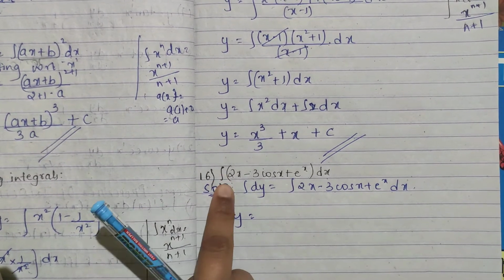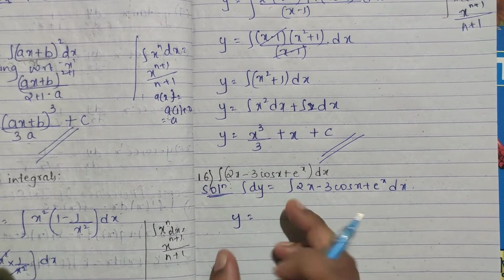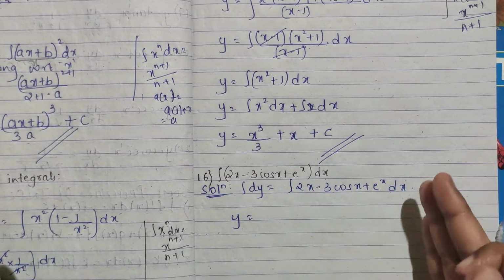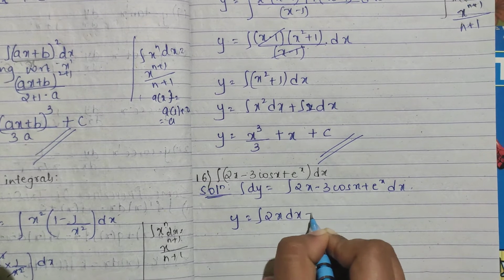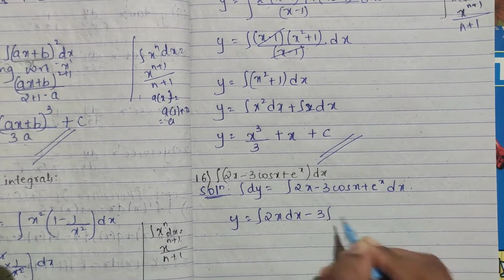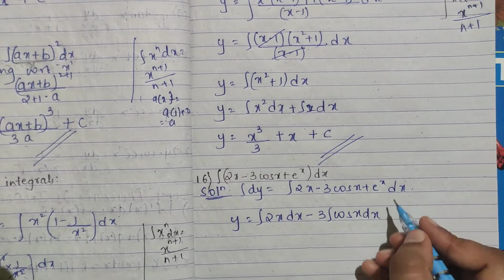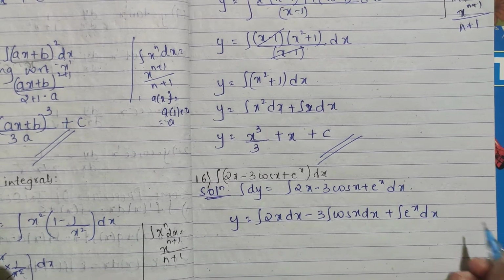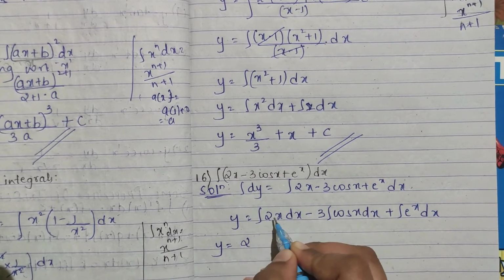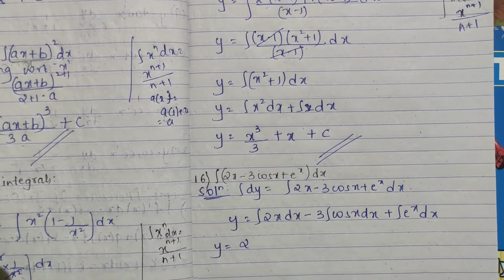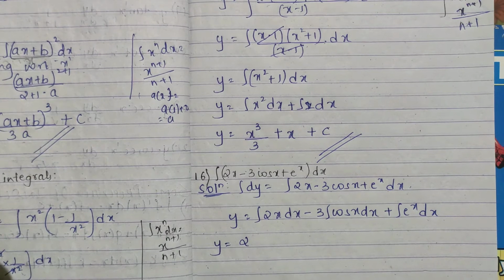Next question, 16th one, integration of 2x minus 3 cos x plus e to the power x dx. Same way, y equals integration, write the question. Here also if you want you can split, or if you are understanding directly, then directly you can integrate it. Integration 2x dx, it becomes minus, say 3 you can keep outside as it is a constant. Integration of cos x dx, don't forget to mention your dx, plus integration e to the power x dx, same property. So now when you are integrating, 2 is a constant, here also if you want you can keep 2. Integration of x dx, same, which formula, x raised to n only, right? x raised to n plus 1 by n plus 1.